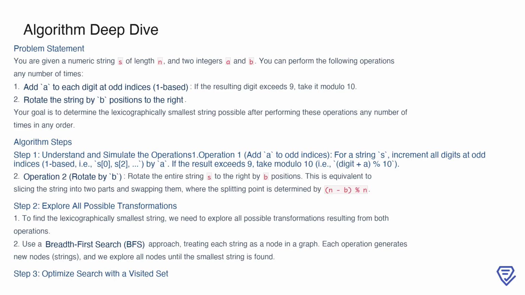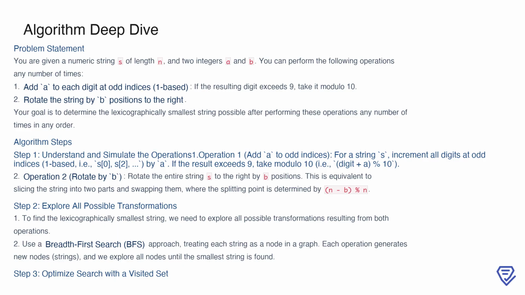The second operation lets us rotate the entire string to the right by b positions. These operations can be performed in any order and any number of times. To determine the smallest possible string, we must simulate these operations, explore all valid transformations, and identify the optimal result. A systematic approach is required, and the first step is to fully understand how these operations work and how they